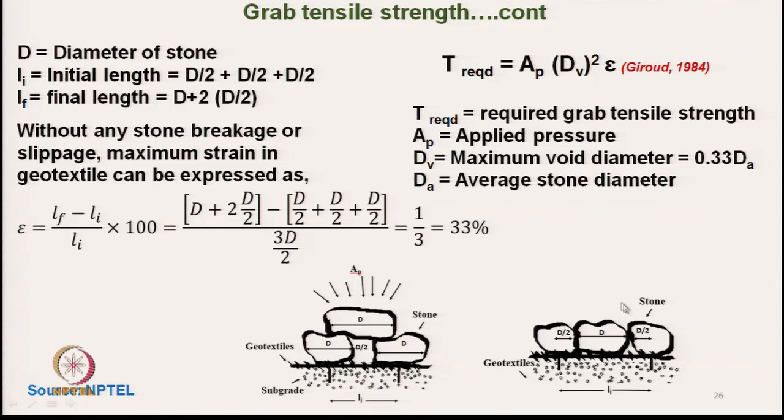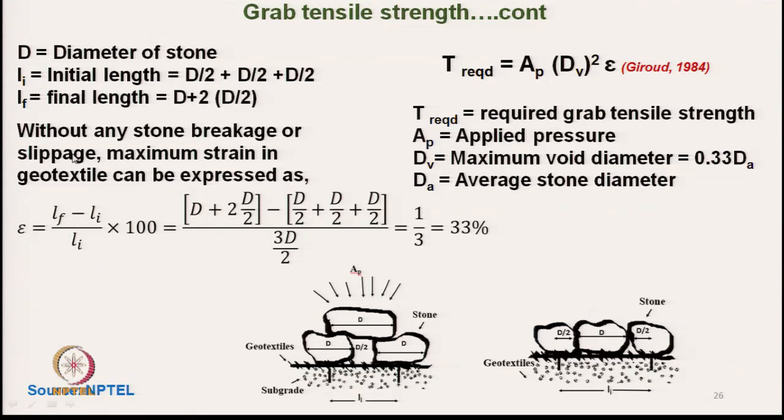upper stone is actually taking space in between the lower stones. So, the gripping point has been stretched from this point to this point here, that means the total elongated length will be d by 2 plus d plus d by 2. So, it will be 2d is the total length after elongation, that is the final length.